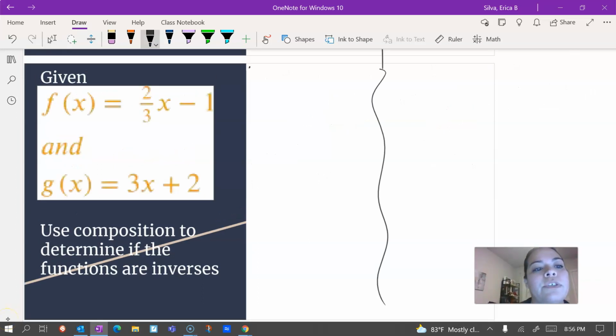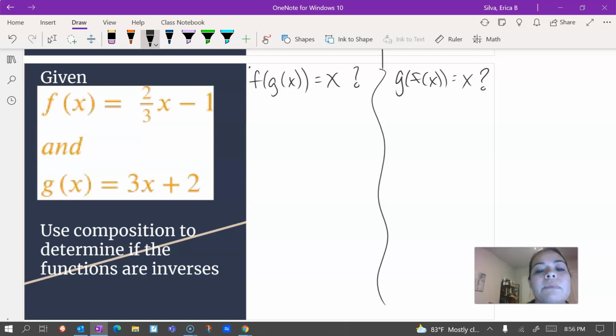So again, we need to test f of g of x and make sure it's equal to x, and g of f of x is also equal to x. So that's what we're trying to find out. So let's start with f of x. We've got 2/3 x minus 2/3, and then we're going to plug in g of x, which is 3x plus